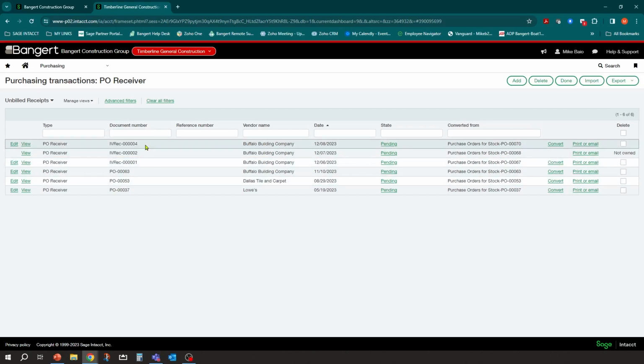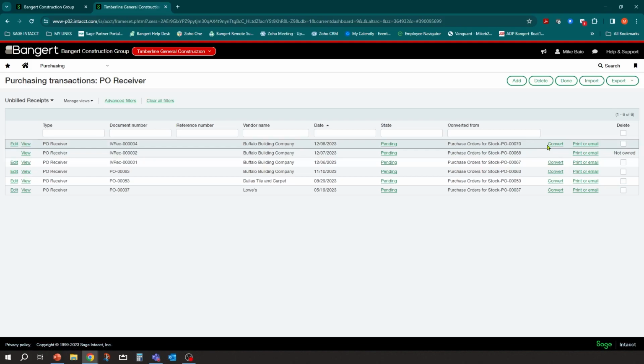So again, if I'm someone who's entering in the accounts payable bills, I might want to come into this view. All right, we got an invoice from Buffalo Building. And here's where you can see, if you remember, we can inherit the number from the prior transaction versus our own number. Some people on the receiving side like to inherit the PO because it's a little easier to see. You can have another column that says, hey, this was converted from PO 70. So I can still see what PO number it's related to, and the user can say, yeah, the AP vendor bill has purchase order 70 on it. This must be the transaction.